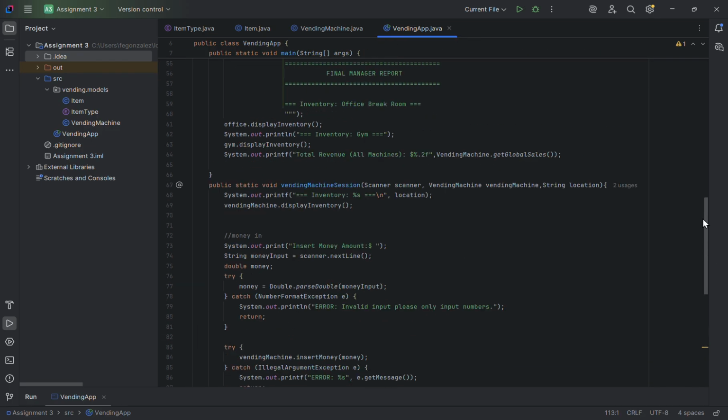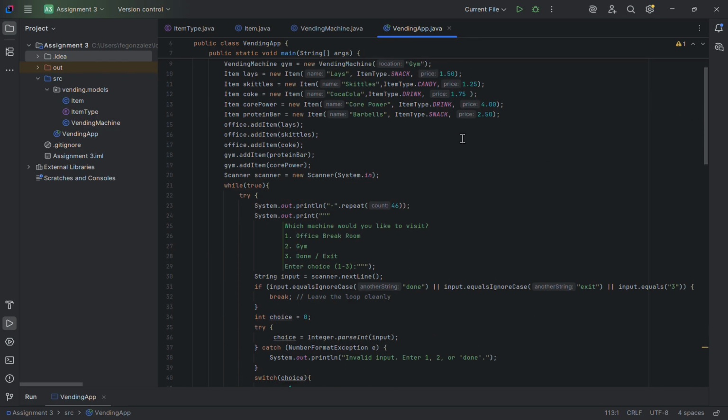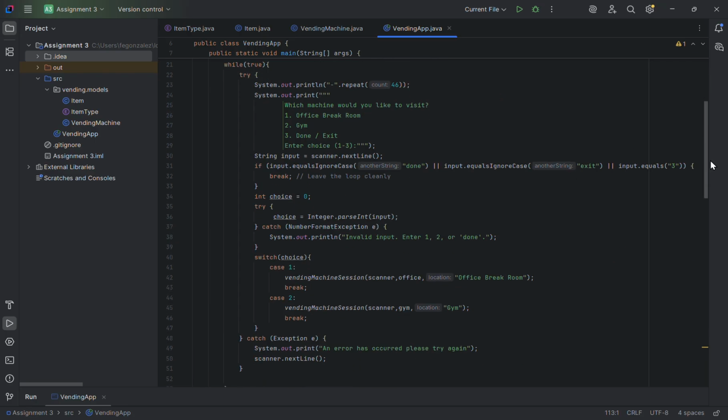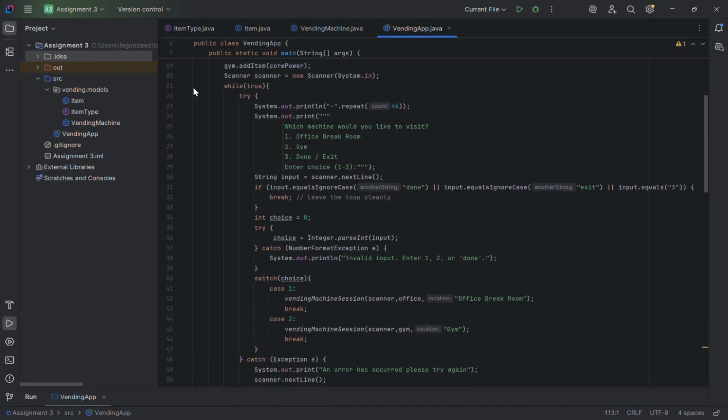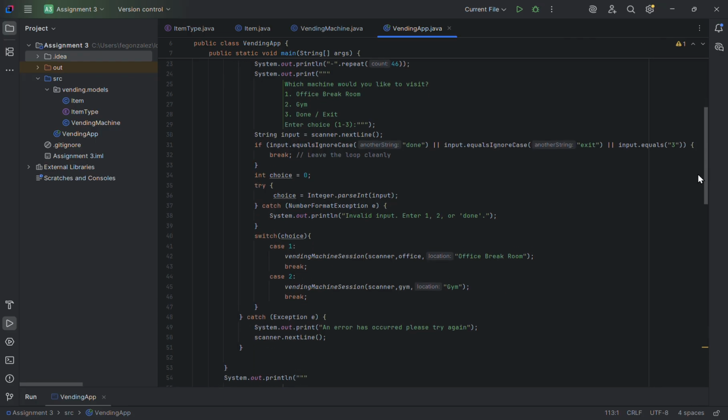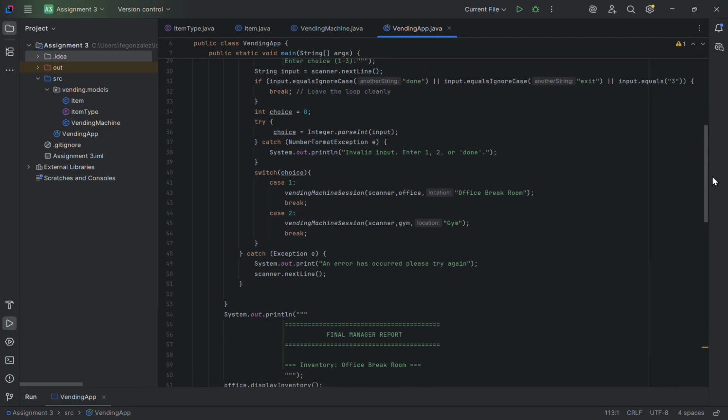Here we have our vending machine app. Everything in it is being initialized, and then our while loop prompting the user for input. We have our input being grabbed as a string, and then if it's done, exit, or 3, it will break the loop. If not, we have an int choice being initialized, and that input will try being cast as an integer into choice. And if it doesn't, here we have our number format exception,